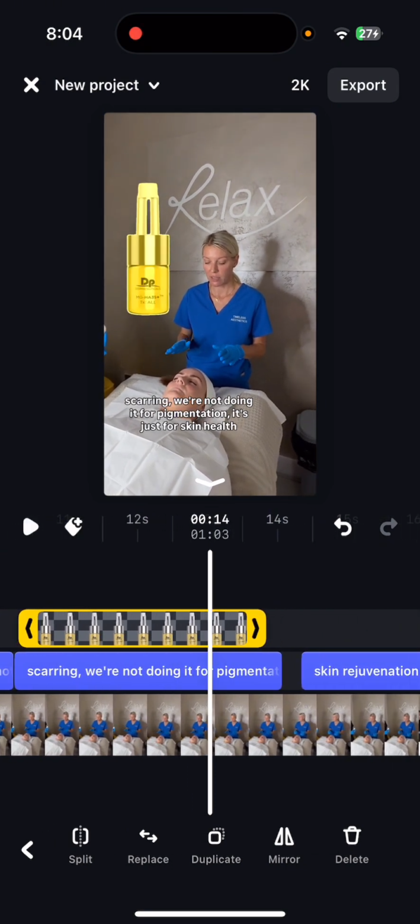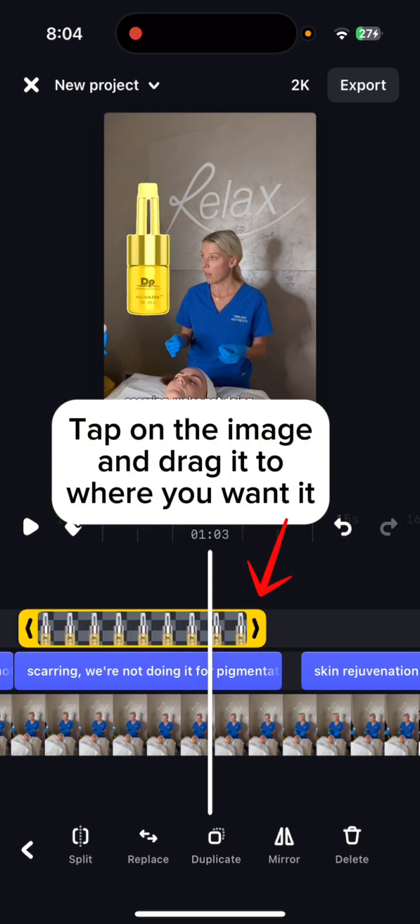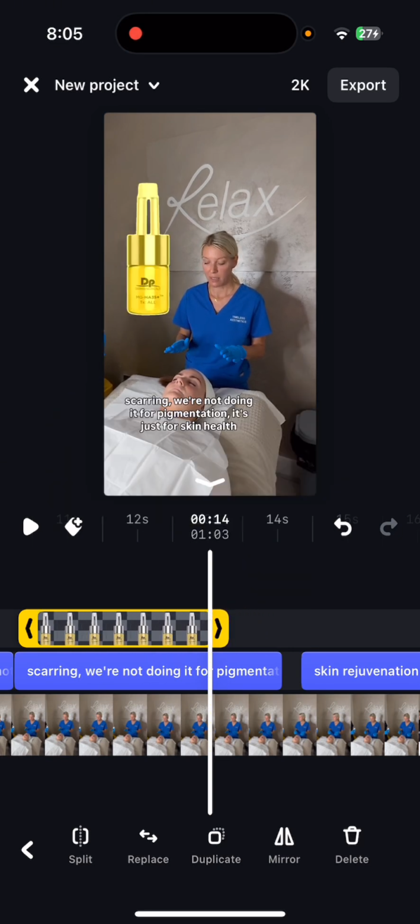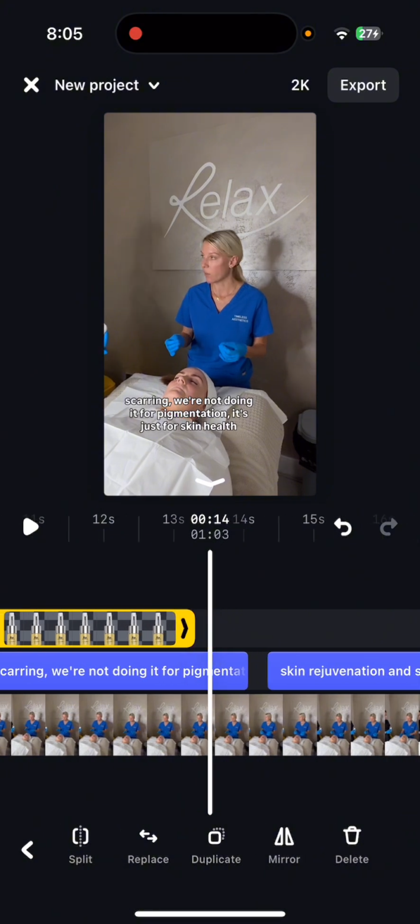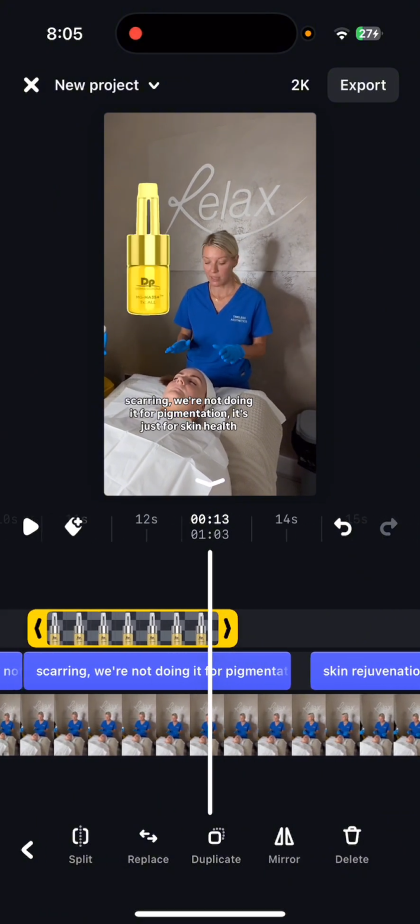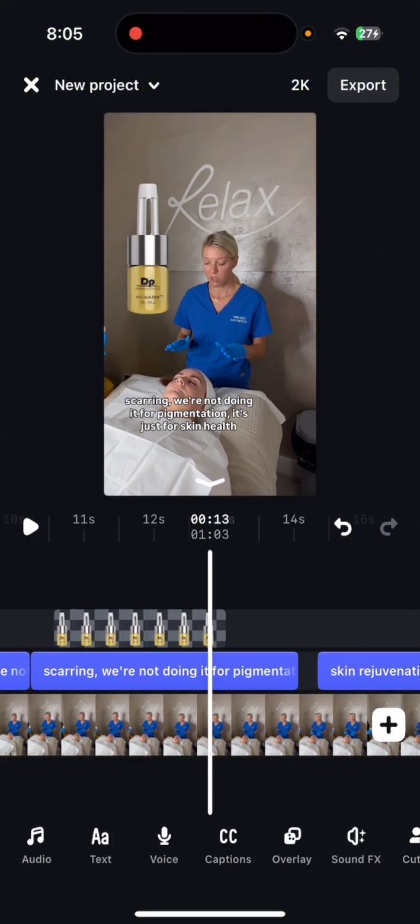Pigmentation, it's just... So say she stops talking about a particular product, then you can grab the yellow box, drag it and snap it to where it stops. So then when we move to there, it's gone off. So as you can see, if we look at that now and bring it down,